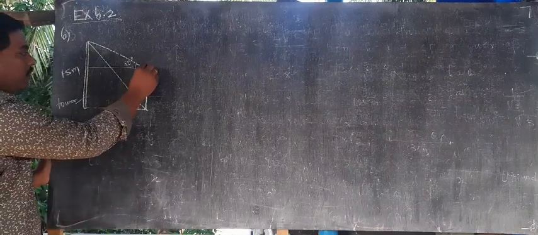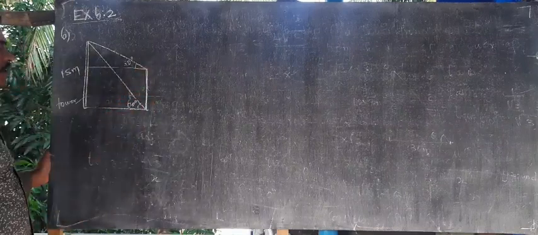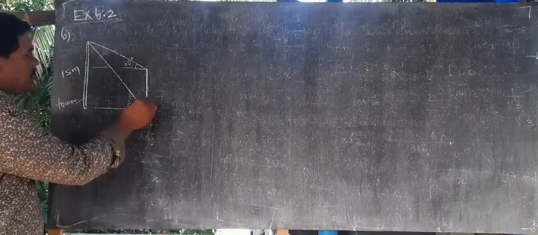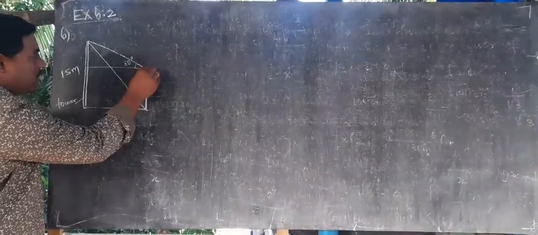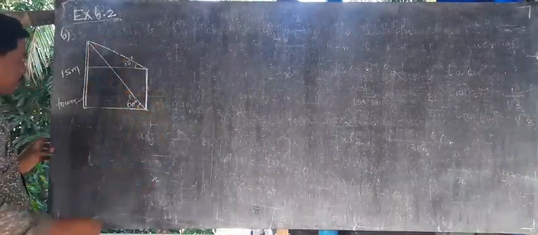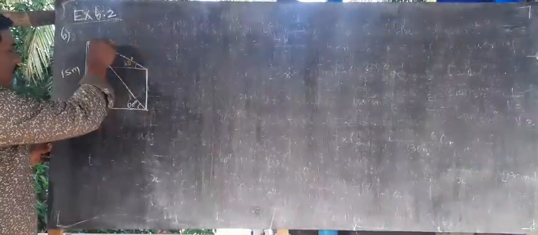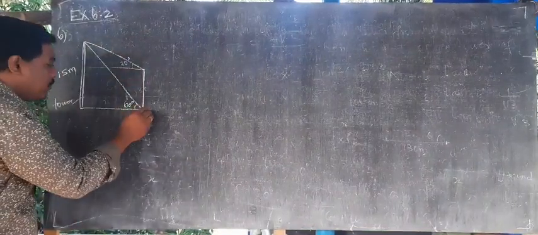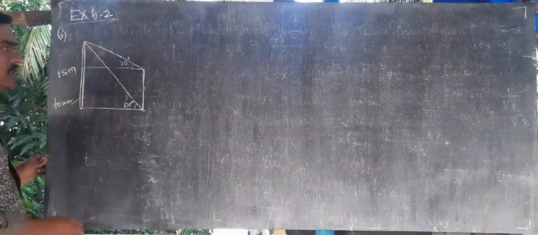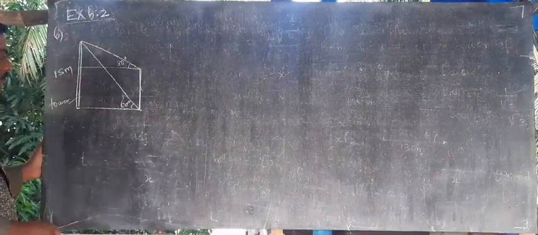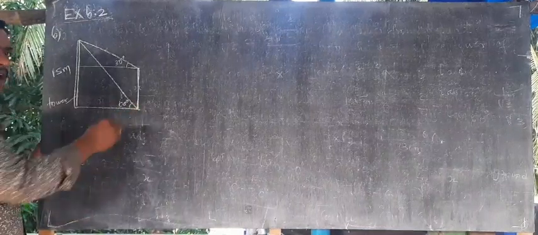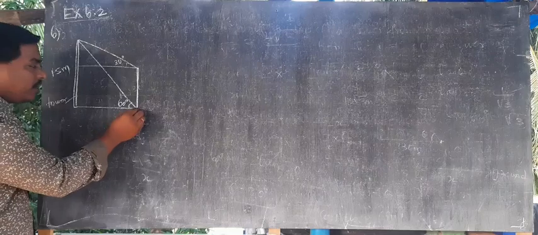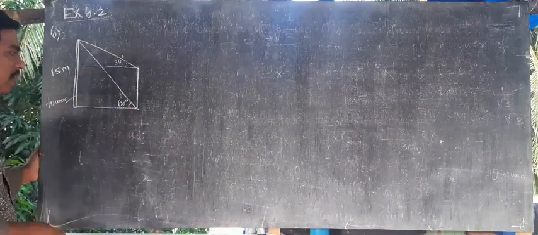This is an electronic pole. We don't know the height of the electronic pole. From the top of the electronic pole, we are seeing this tower at 30 degrees. From the bottom of the electronic pole to the top of the tower is 60 degrees. So both are angles of elevation, because in 6.2 it is angle of elevation only. When you are seeing the top, that is called angle of elevation.